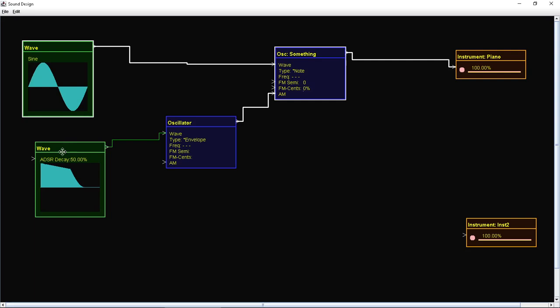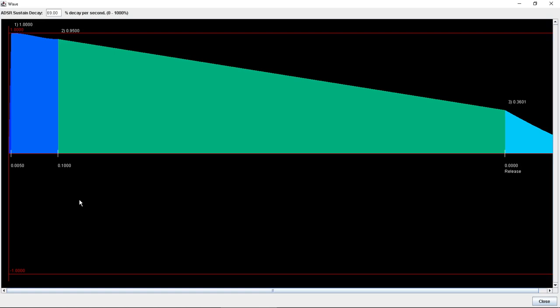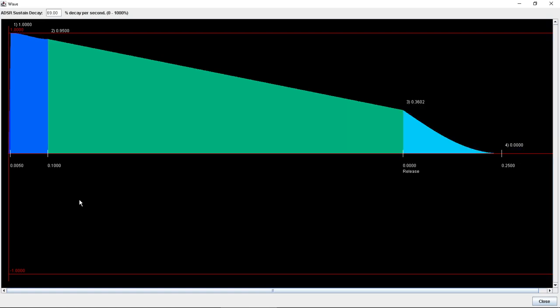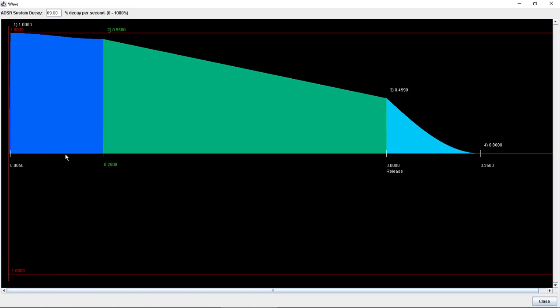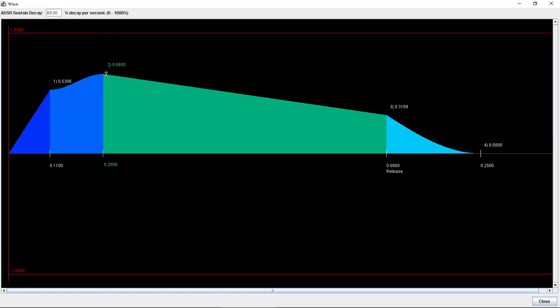Let me open up this wave and show you what it looks like. So I can click on the bottom half here versus the top half. The top half, as you can see, changes the decay. Bottom half opens up the wave full screen. I can use the plus and minus key to zoom in and zoom out. And as you can see, I can move these various points up and down any way I want. If I hit the P key again,